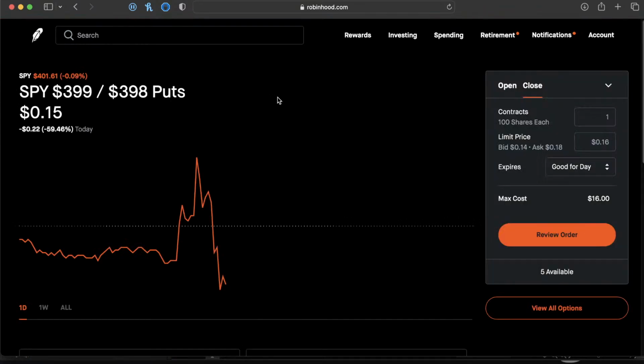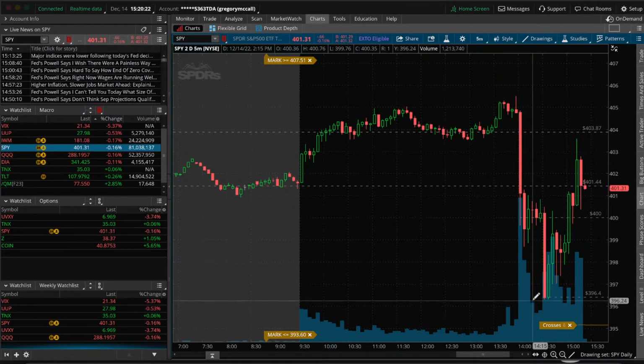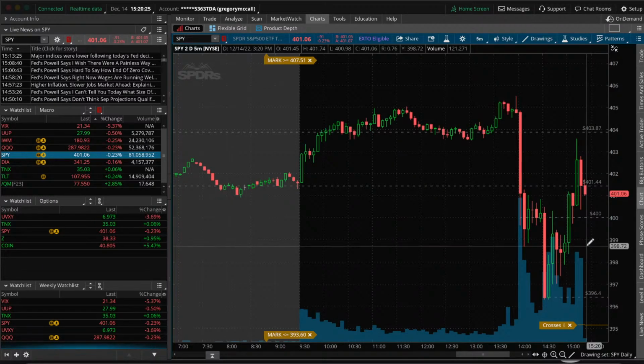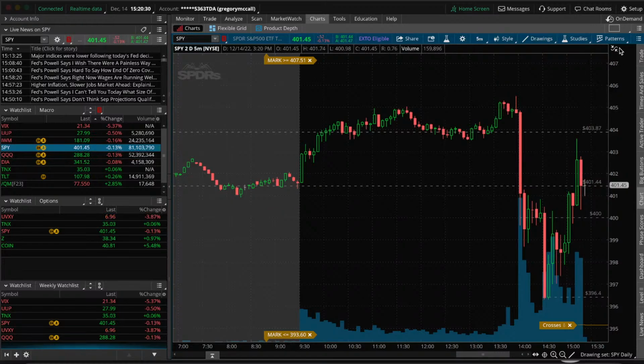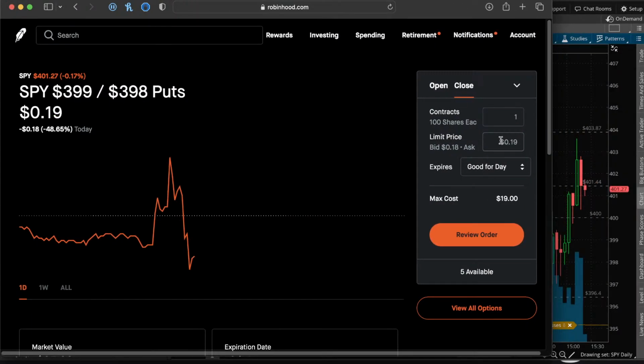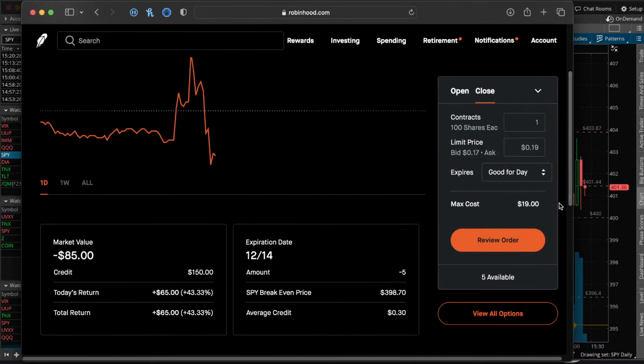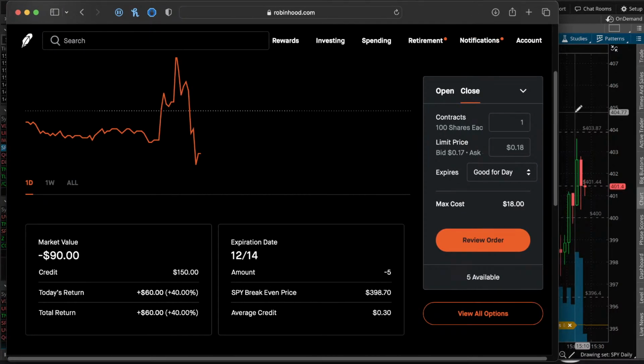So I opened a put credit spread assuming SPY is going to stay above 399. So far, we've got a slightly bullish reaction, so we basically reversed all of what we lost whenever the summary of economic projections came out. My estimate is above 399. Right now, we're trading at 401, so we're cutting it pretty close, and Robinhood's going to close us out anyway in about 10 minutes. So let's see what we can get for these spreads. Right now, the bid is 18, and we're closing this for a debit, so we have to go with the ask price, and that is going at, let's see,